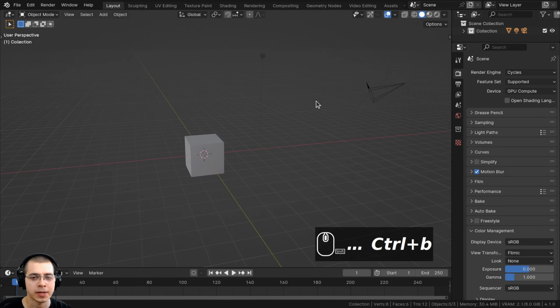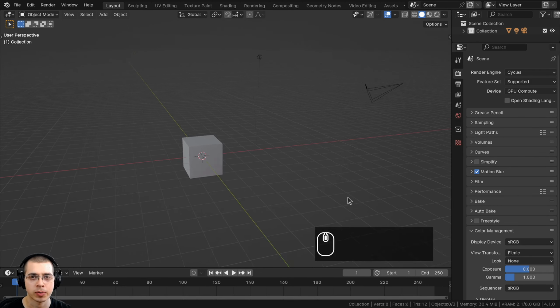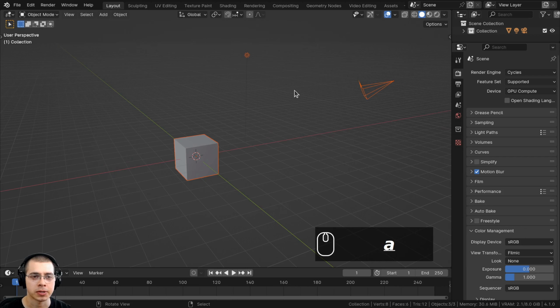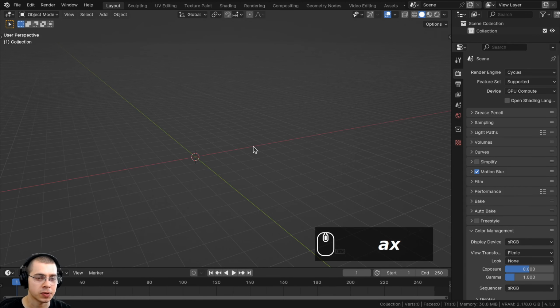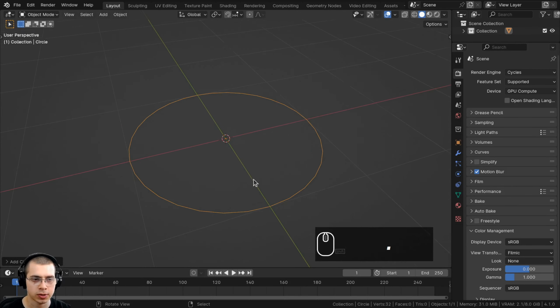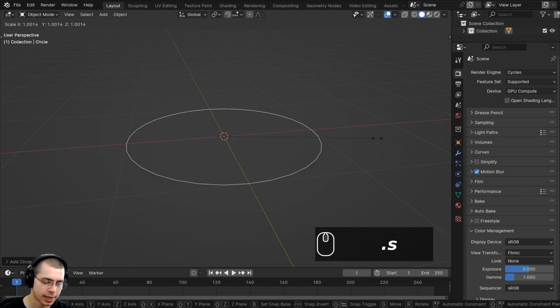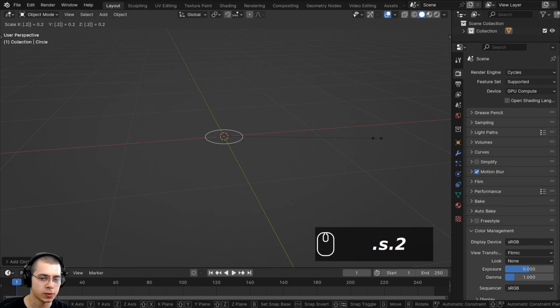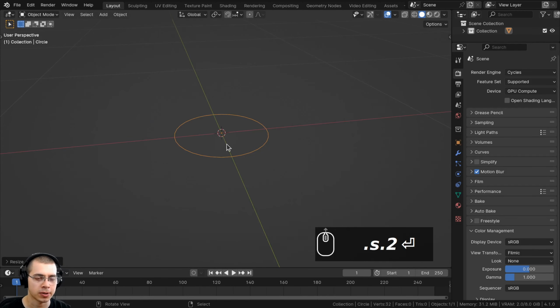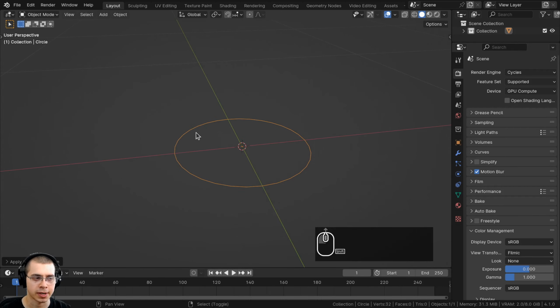Alright, so here I am in a new scene in Blender, and my screencast keys will be right down here in the corner if you want to see what buttons I'm pressing. So I'll just select everything, and we're just going to delete everything, and I'm now going to add a circle. So I'll go to the add menu, and here under mesh, we're just going to add a circle. And then let's zoom into the circle, and I want to scale this circle down so it is a better size. So I'll scale it down, and then I'll type 0.2 and then enter so it is much smaller, and I'll press Ctrl A and just apply the scale so that's the default size of the object.